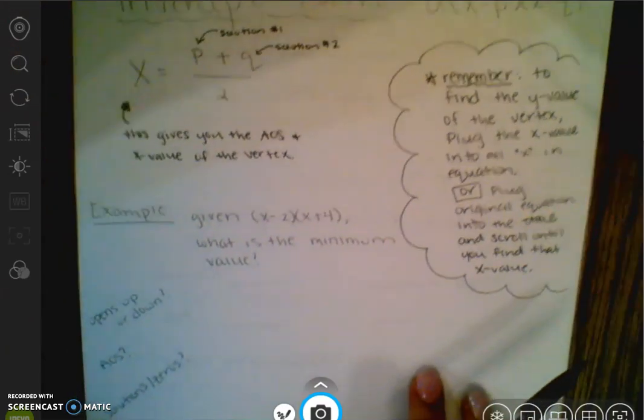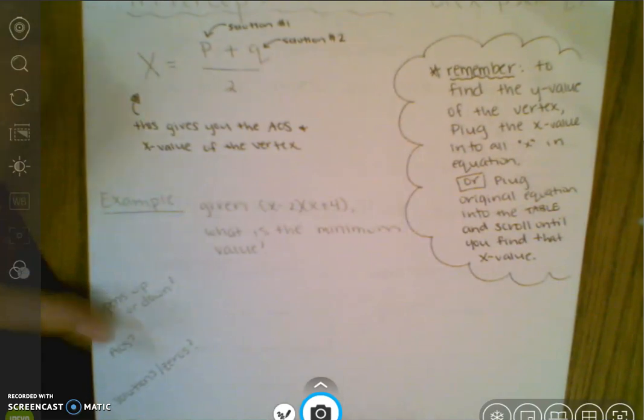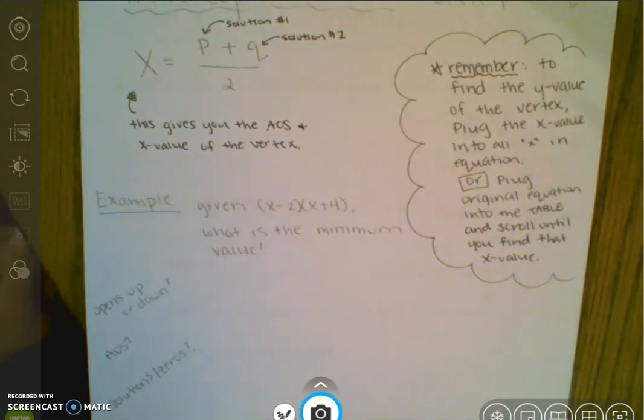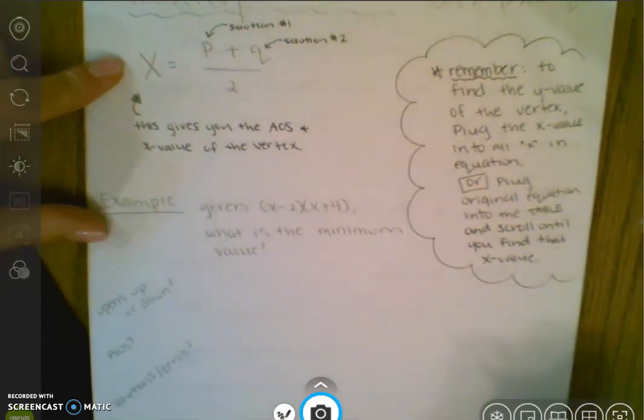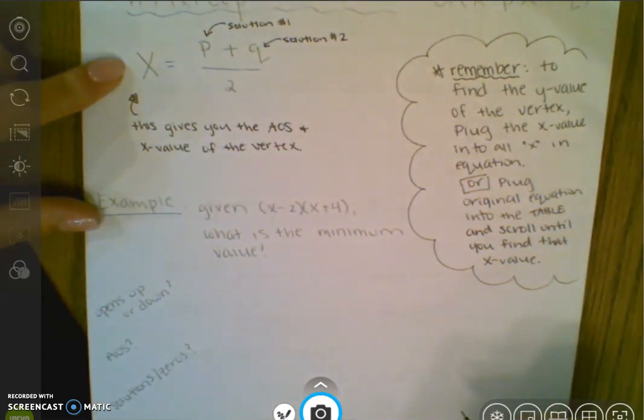Okay, so let me move up a little bit. So our example says, given x minus 2 and x plus 4, what is the minimum value? So look, I'm looking for a minimum value again. However, to find the minimum value, I have to first find the axis of symmetry, which I gave you up here. So the p and the q in this equation